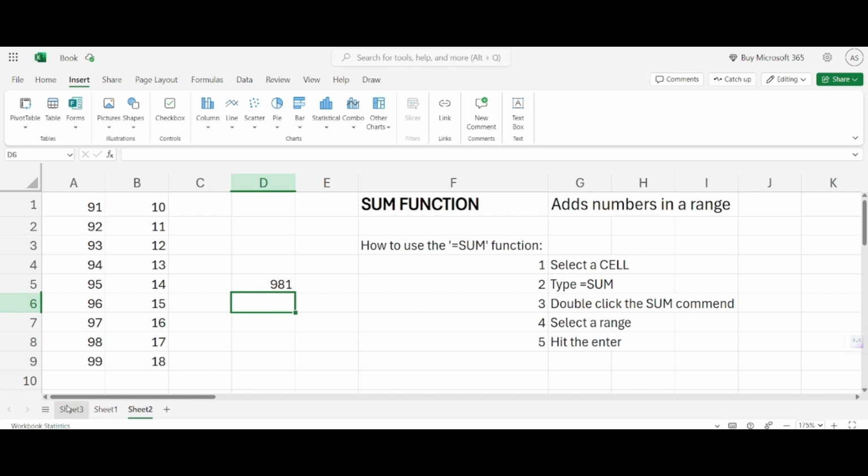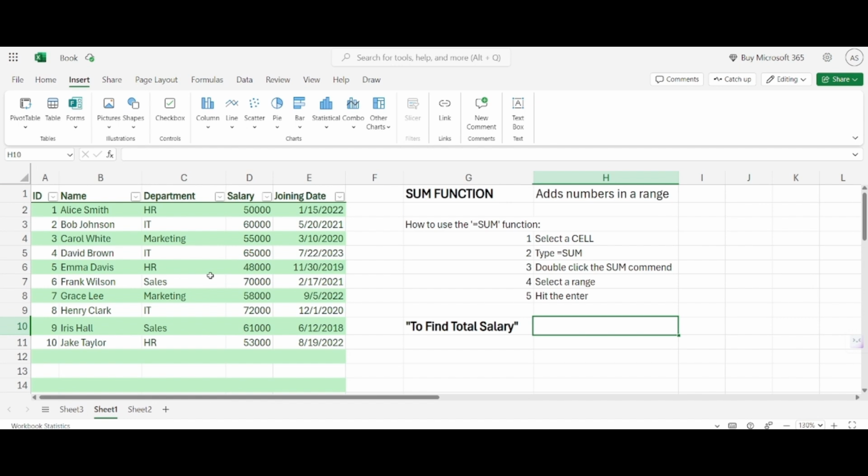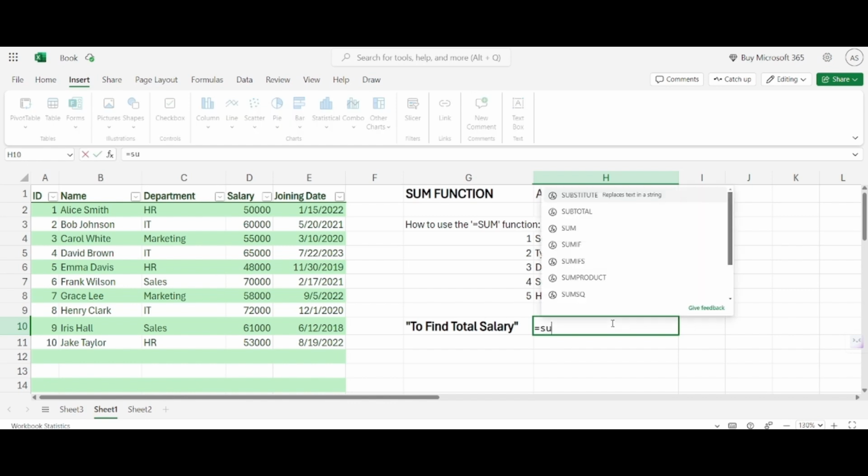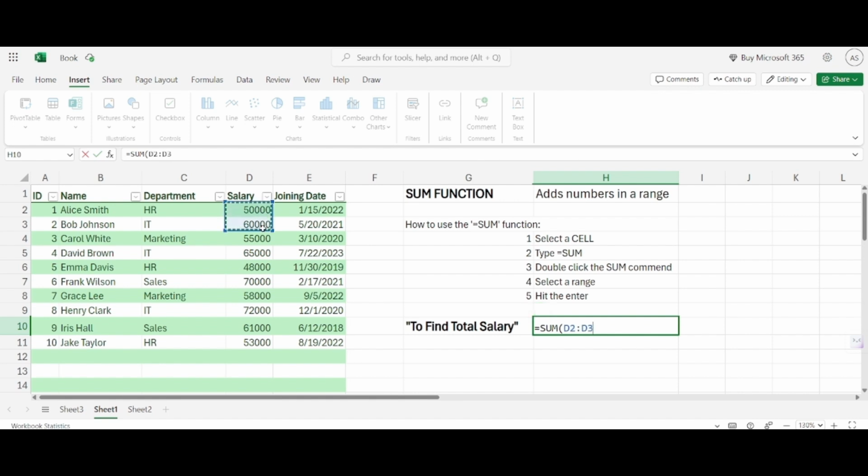Now let's see another example. Here I have a data set of employee details. From this I want to find the total salary using the sum function. So I select a cell for that and just type equal sum and select the data range. Here our data range is this, and close the braces, enter. That's it. Now we got the total